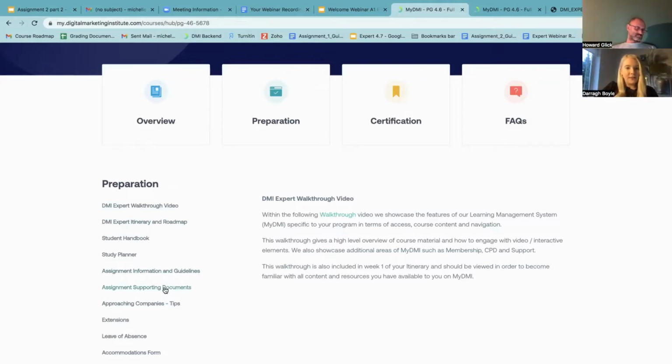Again, here you can see in the support documents on the left, you'll have your cover letter, your cover sheet, any of the elements you need for supporting your assignment. Some things on extensions and also on approaching the company. You'll see here if you need some help with approaching a company and getting someone to work with you in terms of your assignment and all of the data that you'll need. There's some tips here in this tab, and we'll also be able to help you if you come back to us in support.